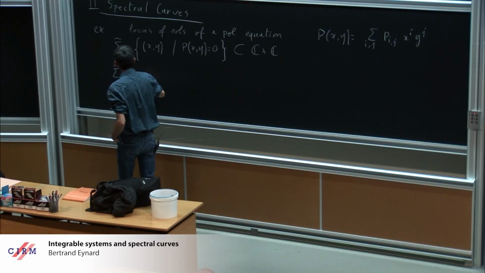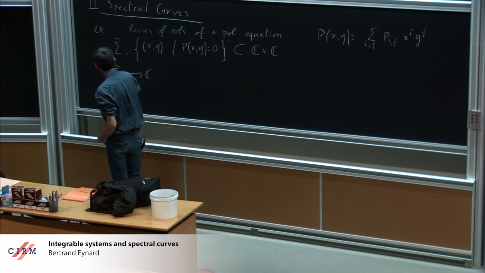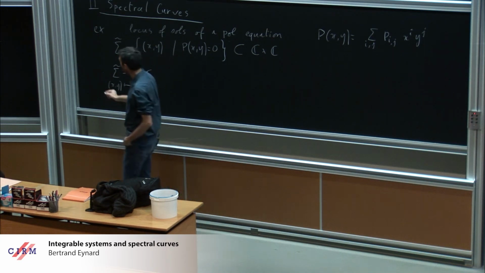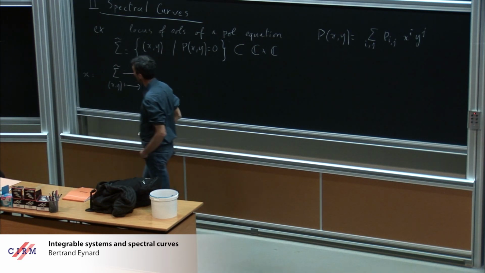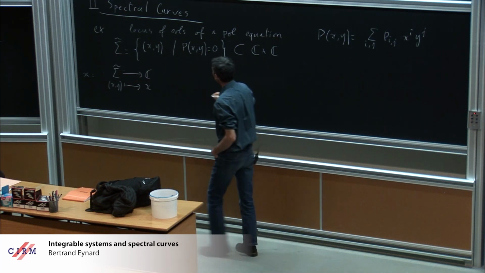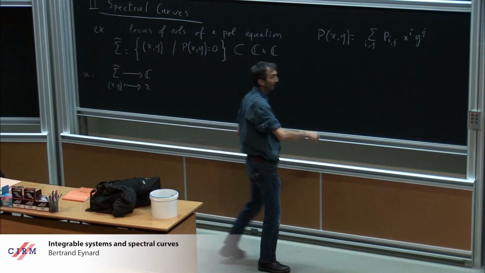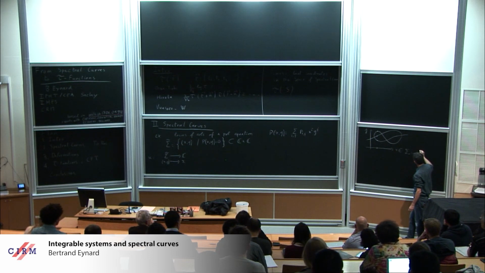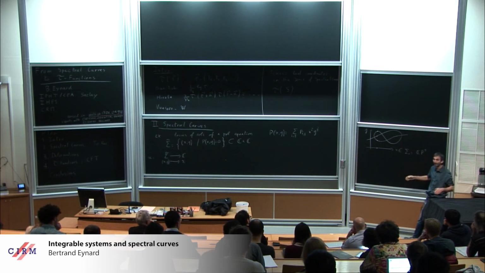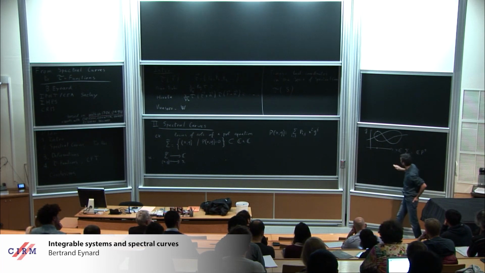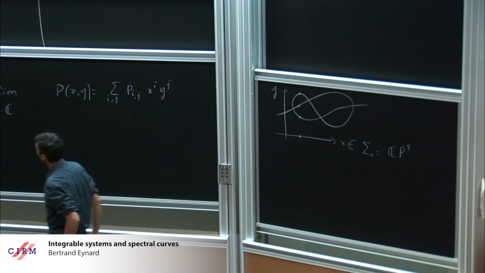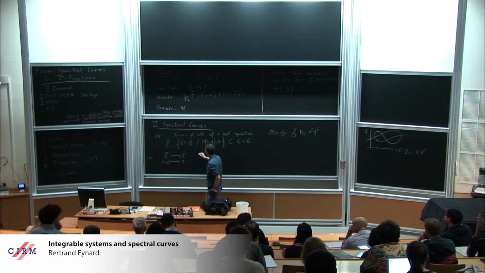There is a map from sigma tilde to C which, to a pair (x,y) on the curve, associates x. And I will call that map x. Okay? So it's a projection of the curve to the base. The base I will call sigma 0, because here it's C, or more precisely CP1, which is just the compactification of the complex plane by adding the point at infinity. But more generally, my construction will work with general sigma 0 that are Riemann surfaces and not necessarily compact. Okay, so you have a projection.